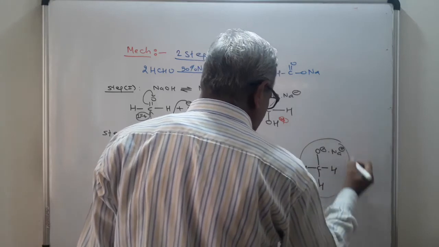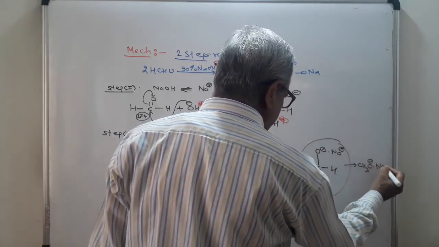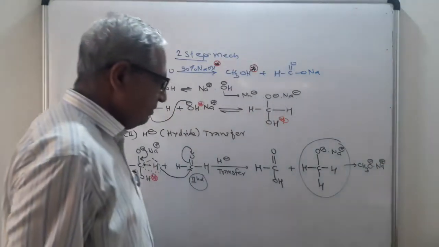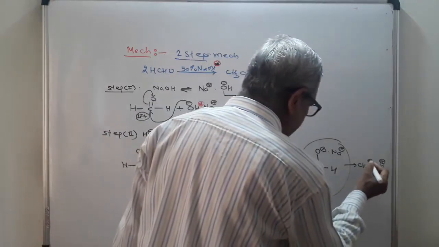This structure is shortly written as CH3O minus Na plus. Now remember that this CH3O minus will immediately abstract this acidic hydrogen,